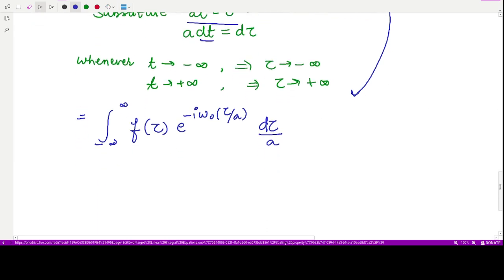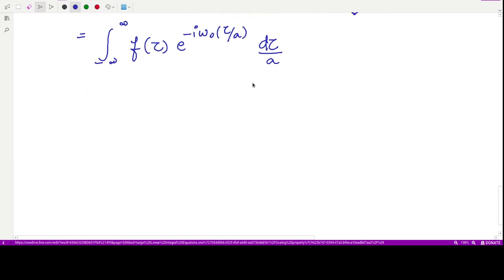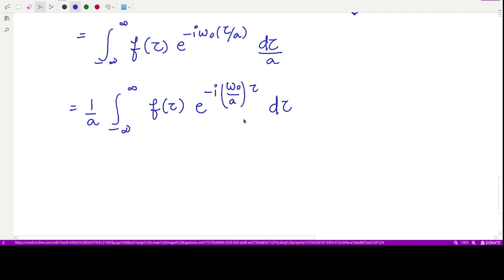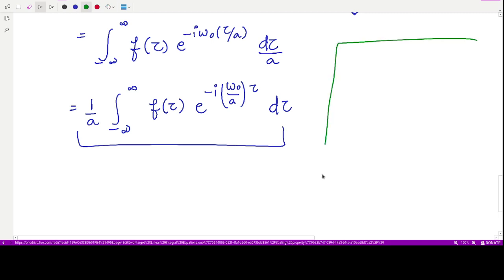So now what we can do, this is the term after substitution. Now I can take this a outside, so it would be integration from minus infinity to infinity f of tau e to the power minus iota. Now I can also rearrange this like this, omega naught by a into tau d tau. So now if you compare this whole quantity with that of Fourier transform, let me write down the definition